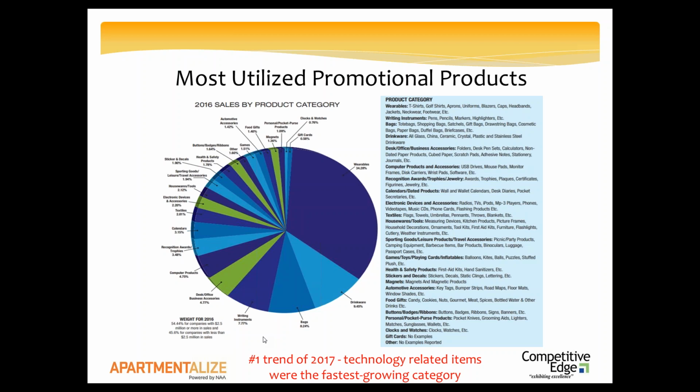Okay, technology-related items were the fastest growing category. Everybody's walking around with smartphones and iPads and technology. So, technology products, it might be one of the stick-on wallets on the back. Maybe it's a stick-on wallet with a finger ring on it. I'm seeing a lot of those. I was just at a show recently where the company was talking about security, and they were giving away a little cover for the camera that's on your notebook computer, so people aren't watching you. So there's a million things, but technology related, anything that's going to tie into technology,